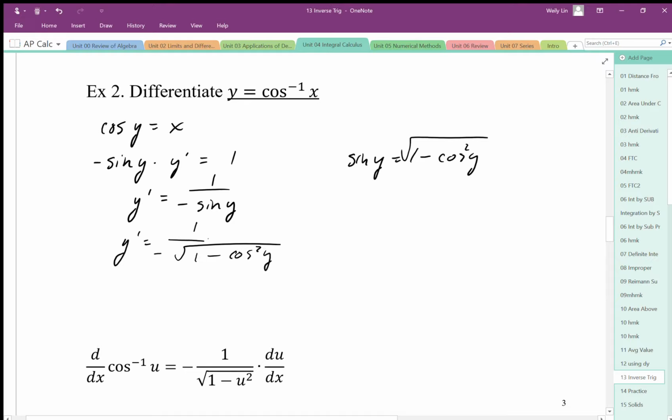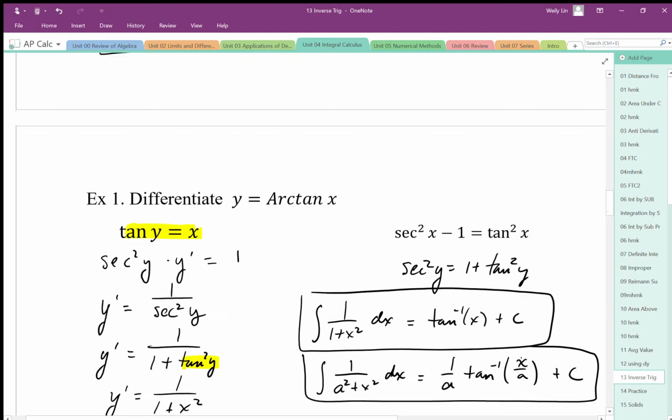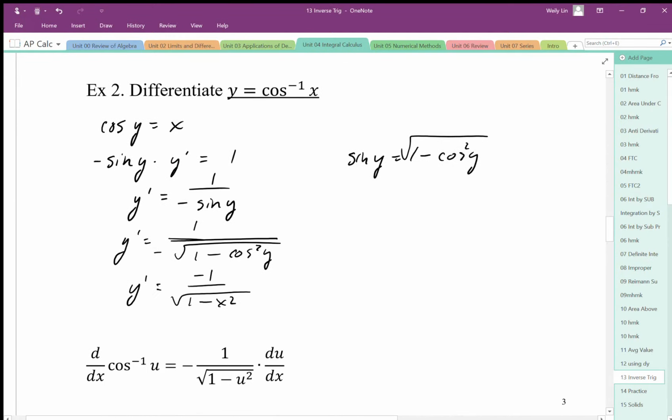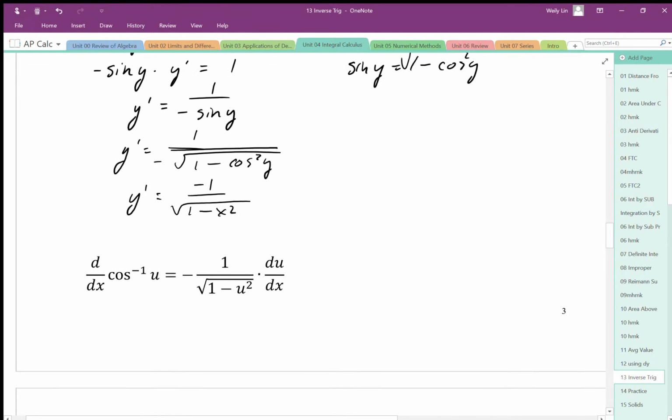So just like in the other examples here, we can replace that cos y with an x, and we end up with y prime equals 1 over, I'm going to put the negative up there, the square root of 1 minus x squared. Okay, so this one here, if we just look back at sine, really it's kind of the same thing, it's just that it's negative. So when it comes down to the integral, we could technically say that the integral of the negative form of this